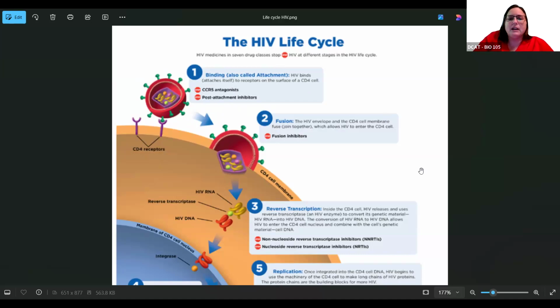The CD4 cell, or the T cell, is one of the main cells that is part of our immune system, okay? So HIV is floating around and it's looking for the specific cells. It's not going to attach to any other cell. The CD4 cell, this is the cell membrane of it, it's got these receptors, and this HIV virus connects right there perfectly to that receptor, okay? So once it binds to that receptor,